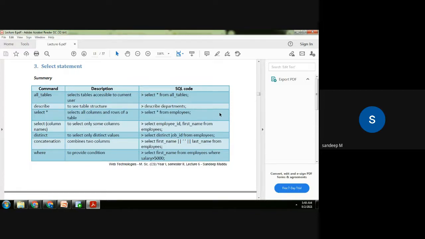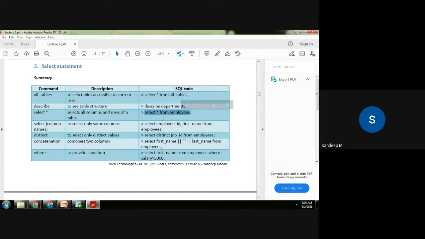So when you search for Dell laptops on Amazon, Amazon will take that string and run a select query on its database, and it will get only those products that satisfy this requirement. So select is used to select the rows we are interested in. That condition can be that you get all the values, or you filter based on some conditions. So say for example, here select star from employees.